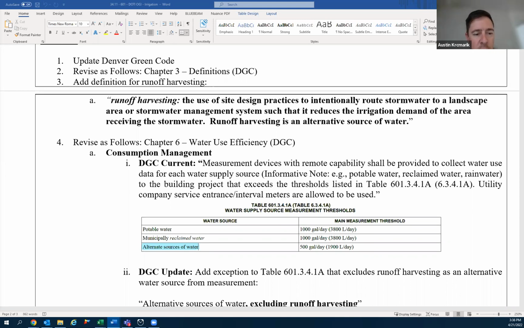And this kind of shows that the runoff harvesting was one of those other thoughts that Jeff and I weren't familiar with last time. And under that, for a gray water system like an NSF 350 approved gray water system, that alternate source of water, 500 gallons per day or greater, is when you should be meeting